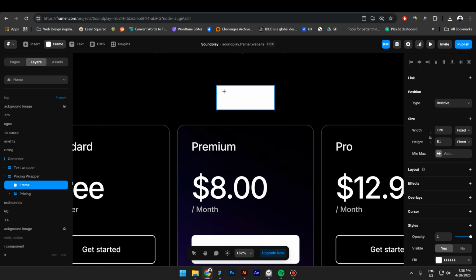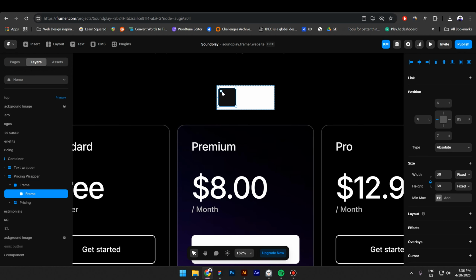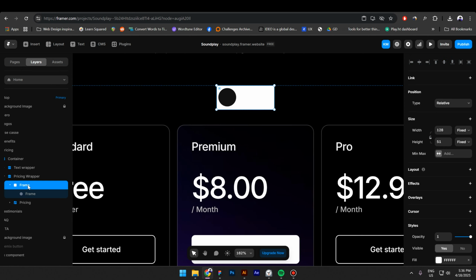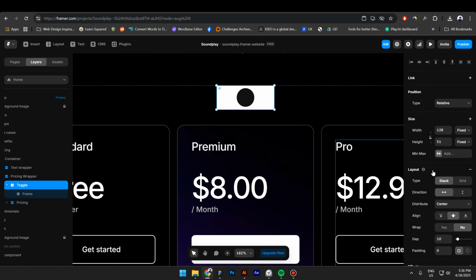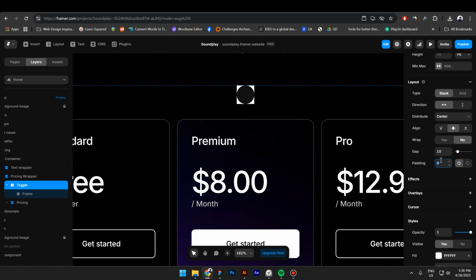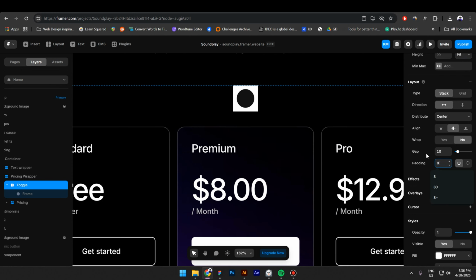I will create another shape, make it a circle, select the first shape and call it toggle, add a layout and change the size to fit content. Go to padding, add 8 pixels, make a circle,